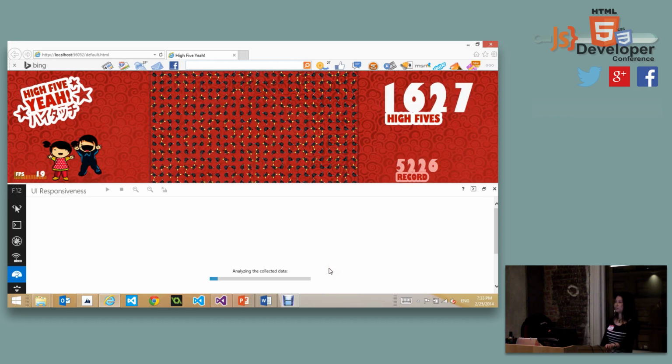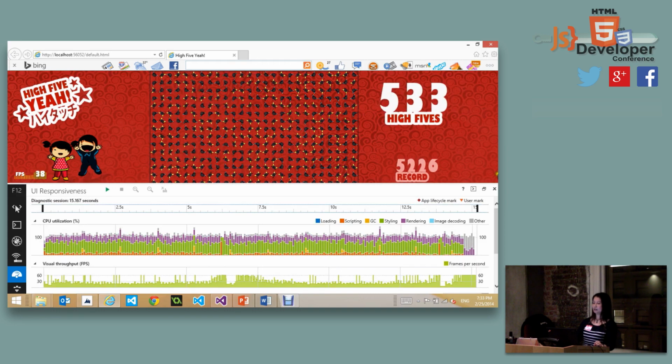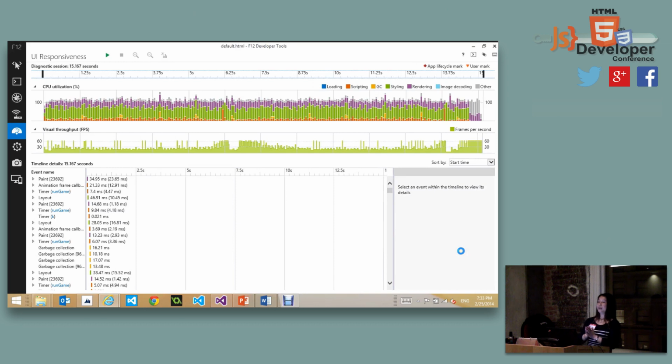This UI responsiveness tool is basically measuring the frames per second. You see it from that little scale, but let's see. So now you see a pretty complex spectrum with different colors. For example, the things you probably want to pay attention to are your scripting time, which is this little orange and red color here, and garbage collection: does it happen too often? The styling and the rendering are always different colors.